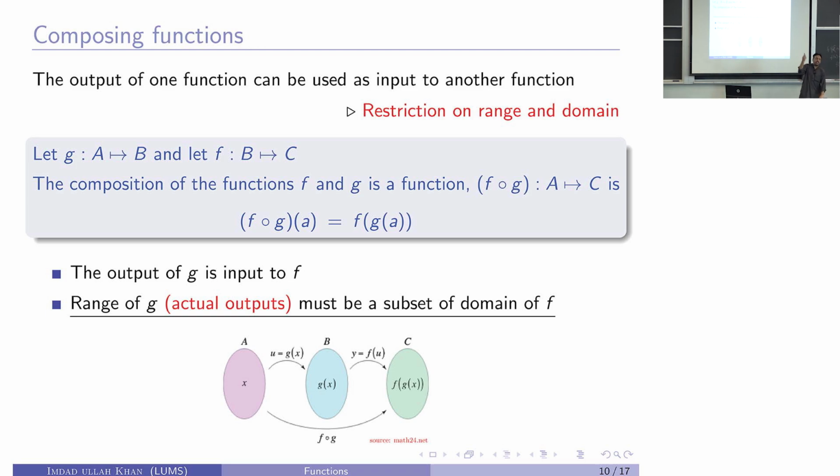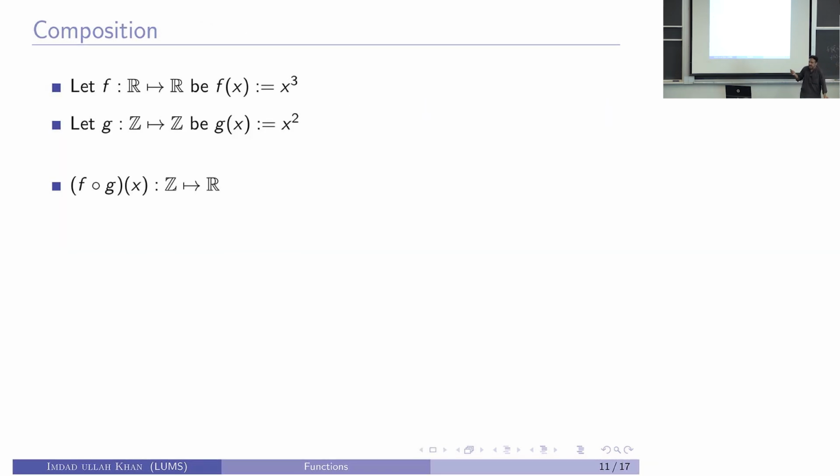F may work on all integers, negative, positive, small, big, right? F may be trained to work on real numbers. But what cannot happen is that there is an output of G on which F cannot operate. F operates on infinitely many numbers, but missing out on one output of G, just like in this case,